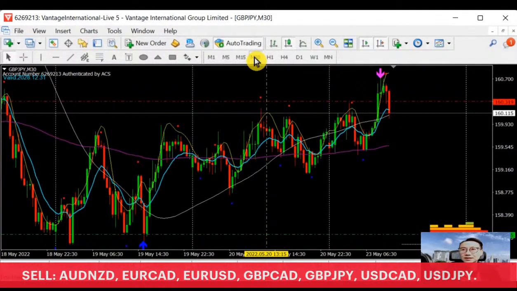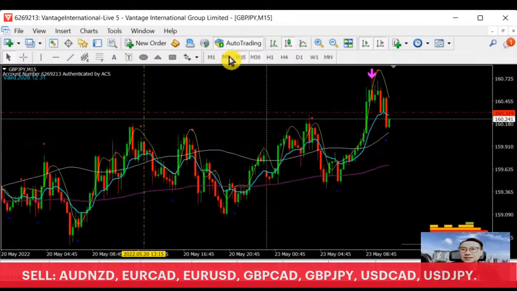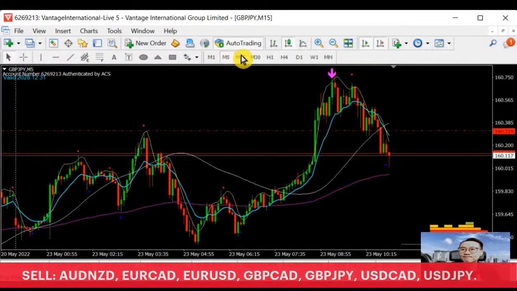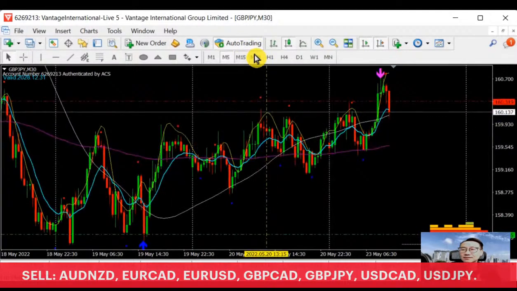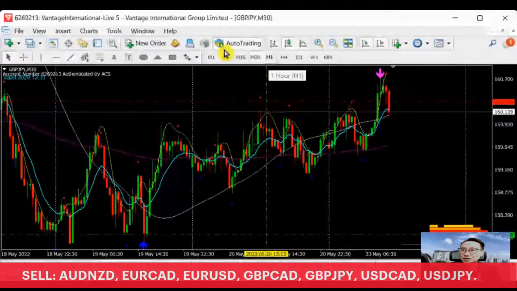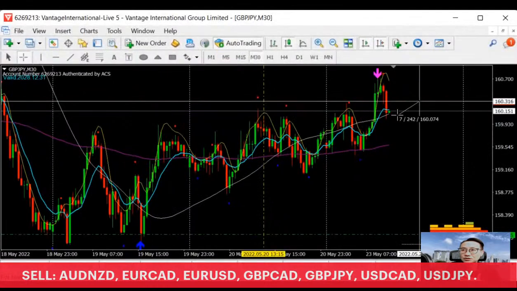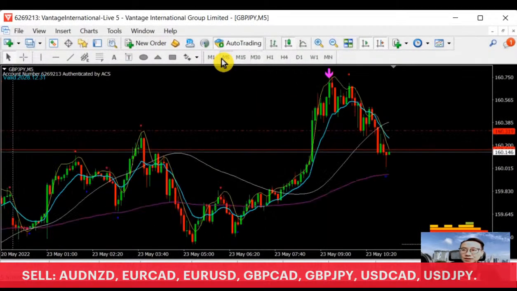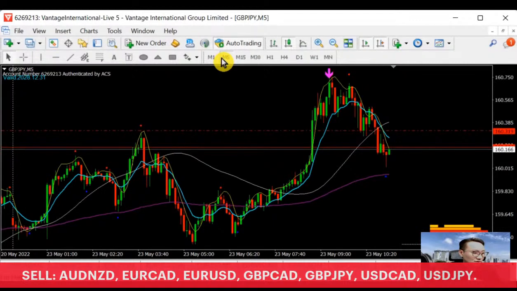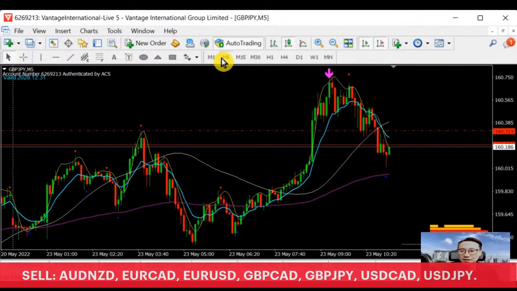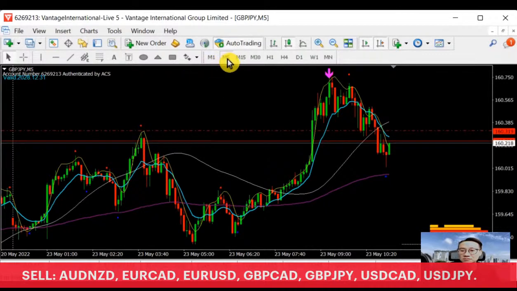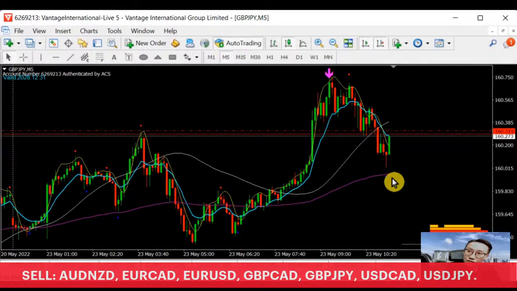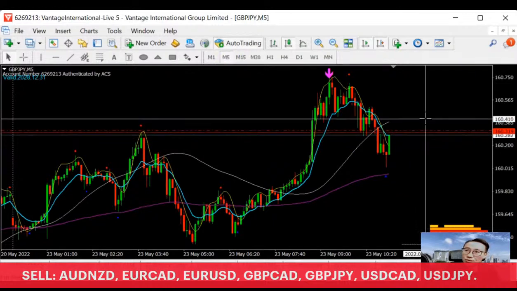For the last half an hour, we have actually tested the movement support here. So very likely there will be a retracement. From here to here, we have about 24 pips. Come on, we have a rejection candle right now, as we can see. So hopefully, all right. On M5, wouldn't the support be at 134 support?